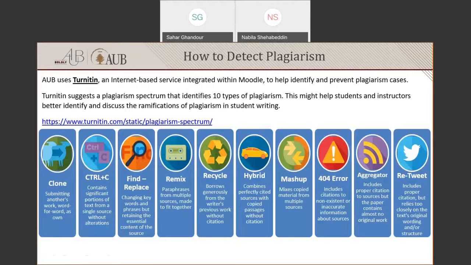So there's the clone, which is at the far left of the spectrum, and which basically literally means that that person has submitted somebody else's work, word for word. And as you move along the spectrum, it will become maybe less serious, but you can also identify how or why that student has plagiarized. So sometimes they have copied and pasted certain parts of another person's work. Sometimes they find certain words and replace them with others, which is a bad form of plagiarism,